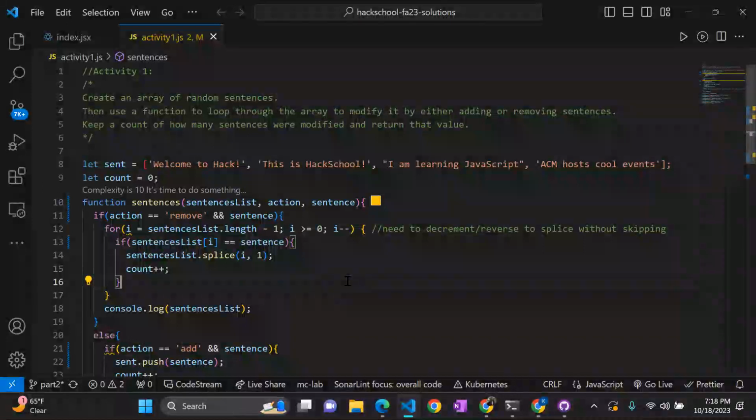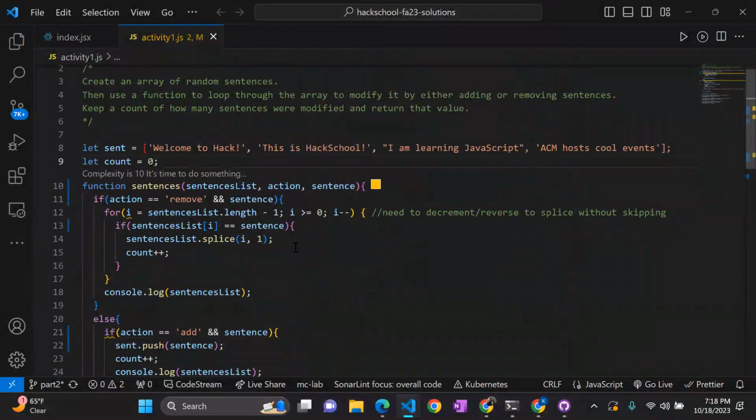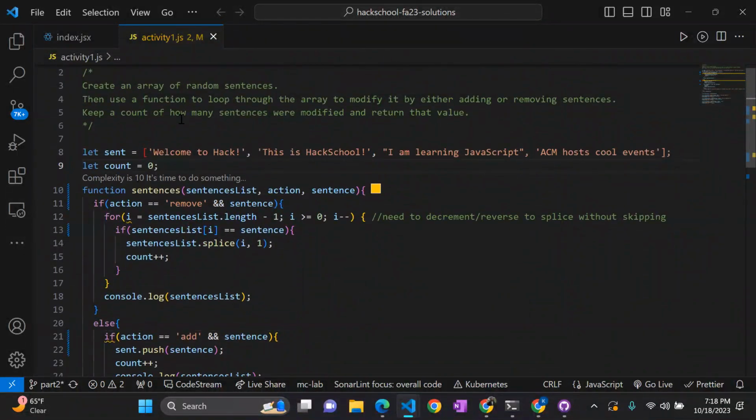All right, I know it wasn't exactly enough time, but just so we can keep moving on, let's go over the solution that we came up with. So what we have is we've created a variable called sentence, which is an array. We have four sentences in there: welcome to Hack School, I'm learning JavaScript, and ACM posts full of cool events. We have our array of sentences called sent. And what we want to do is, if you remember, we wanted to keep